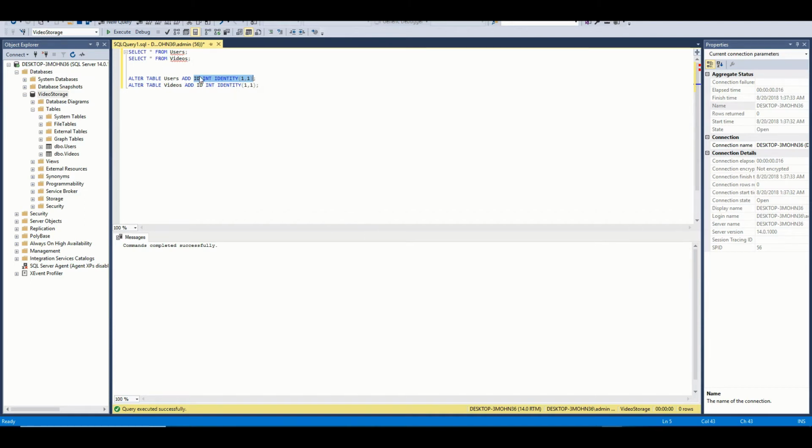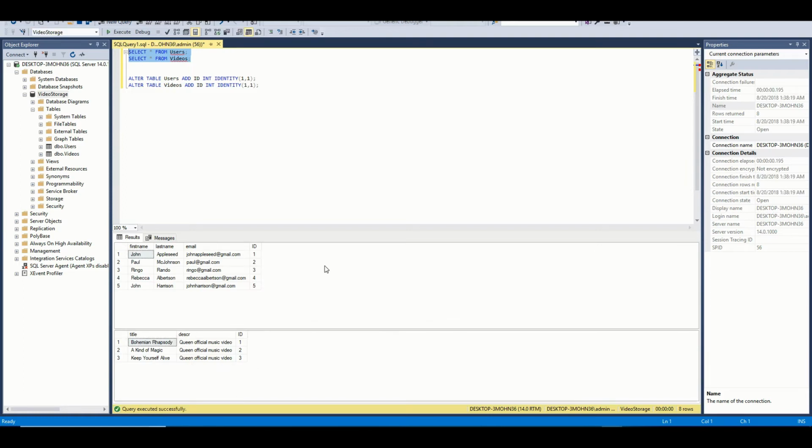So in this case, we're adding an int ID, and this is a special phrase that basically says start at 1 and increment by 1 each time. So now let's do our selects again, and now you can see we have an ID for each of the